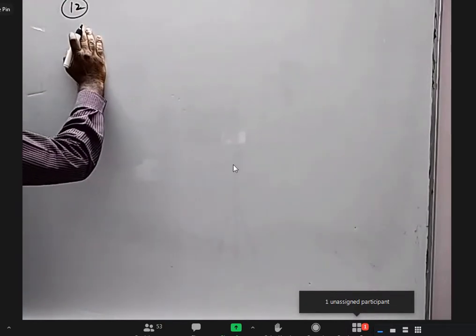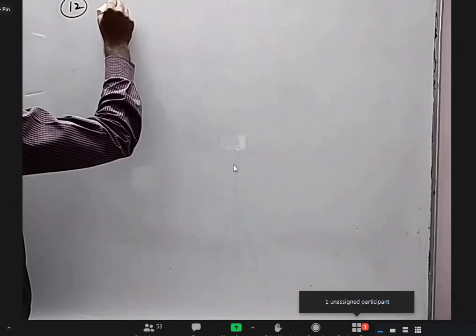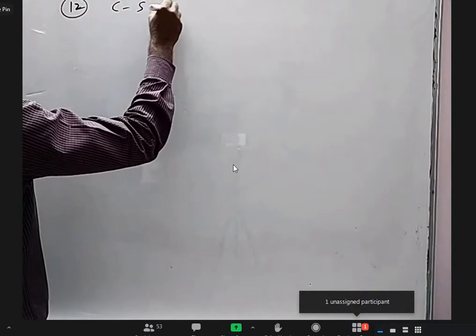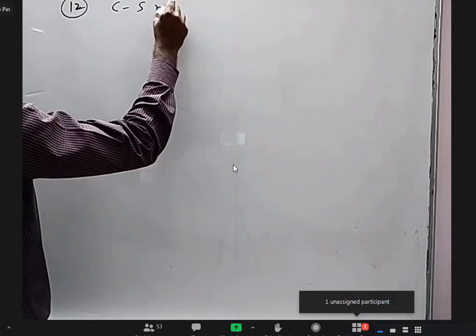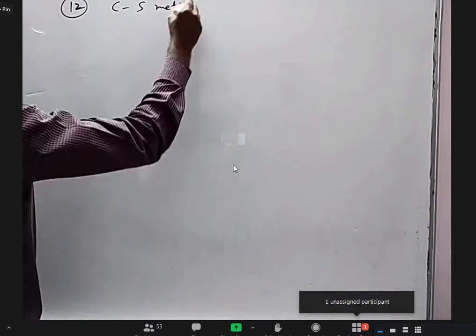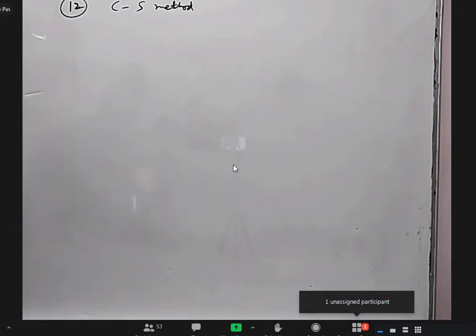You can take some material and start practicing, if you already know this. Fine. Previous one is 11th, right? Now I have to discuss the 12th one. I have different formulas in mind at this point. Anyway, let me just state one method. There is one method called the CS method. What is the CS method?